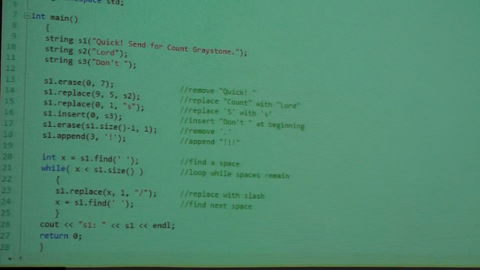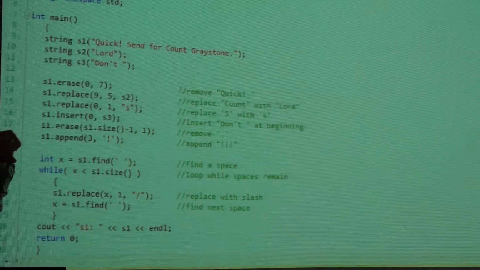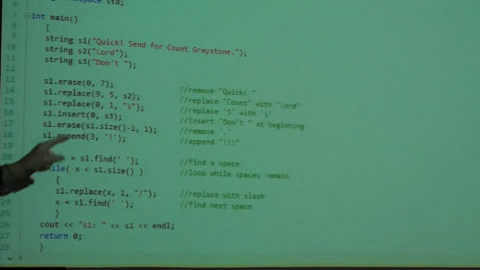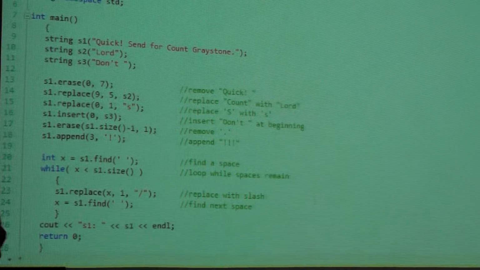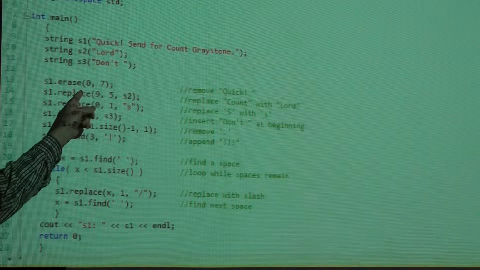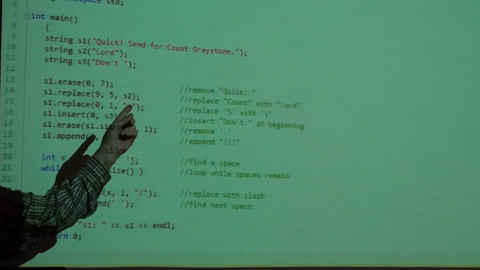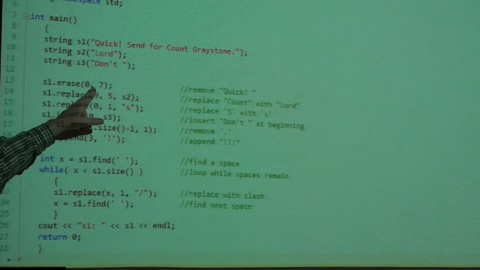This one, instantiating string 1, string 2, and string 3. The string class has a member function, erase, taking 2 parameters. Again, you have to read how does erase work? So you have to read the documentation on what these parameters mean.